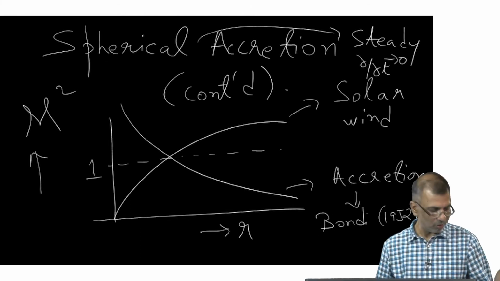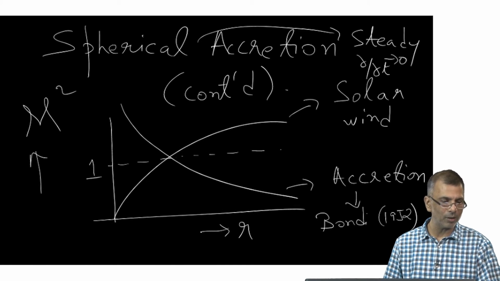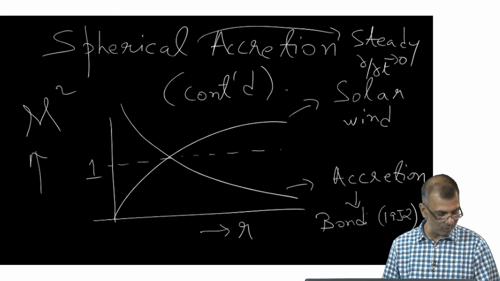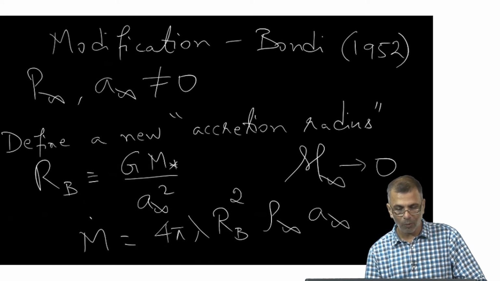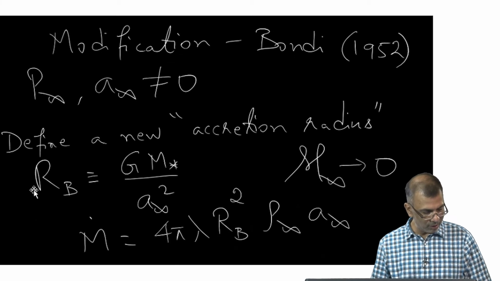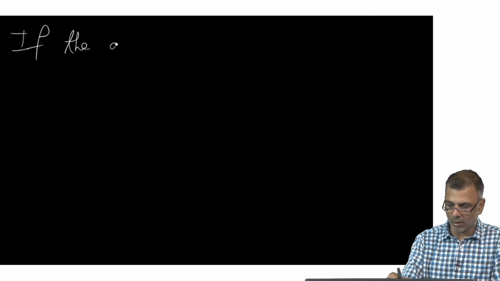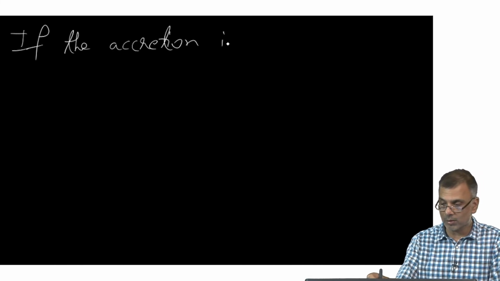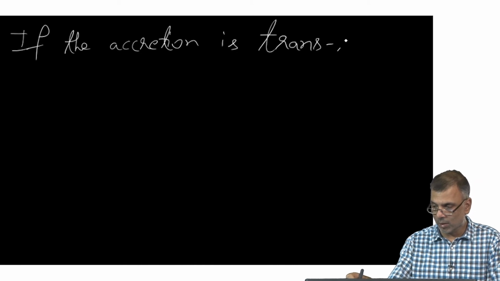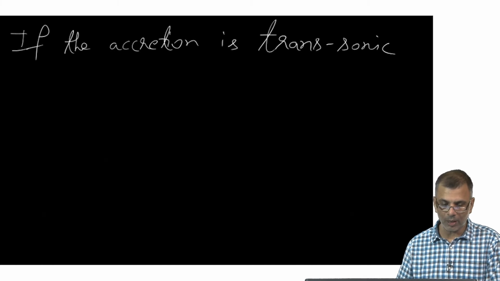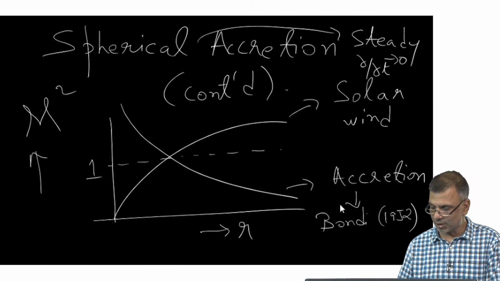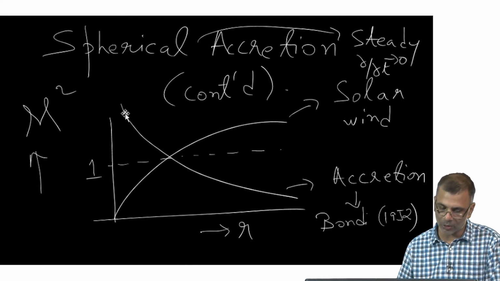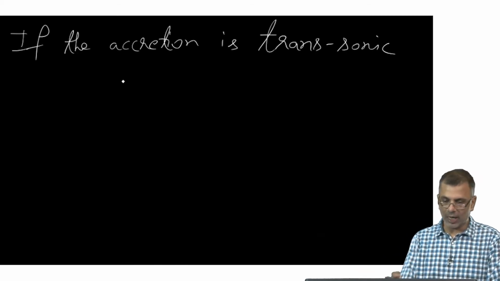All right, so that's that, and now let us discuss a couple of other interesting phenomena that arise from this kind of consideration. Why is this called an accretion radius, and so on. Now, the main thing to note is that if the accretion is transonic, and what do I mean by transonic? If the accretion is such that you start with a very low Mach number, you are subsonic all the way here, and you pass smoothly through the sonic point and then become supersonic. If the accretion is like that, then M dot